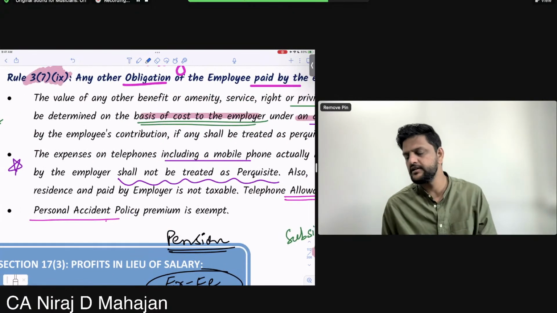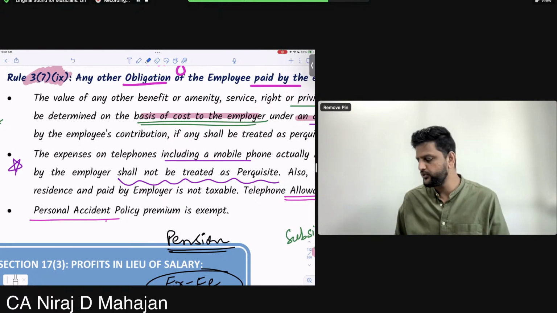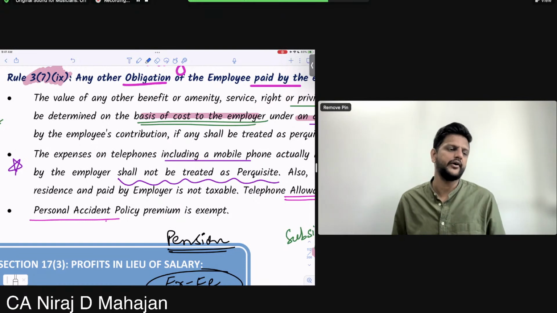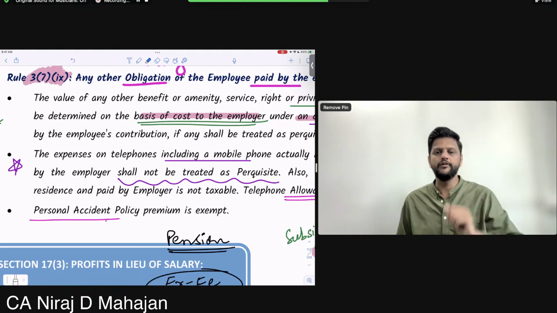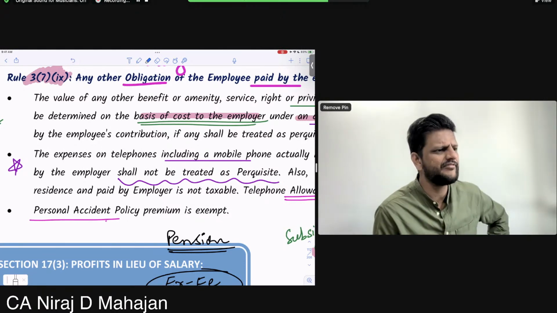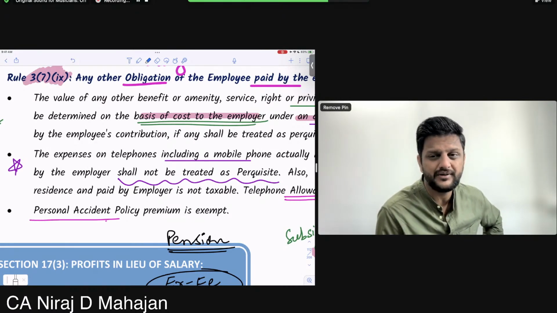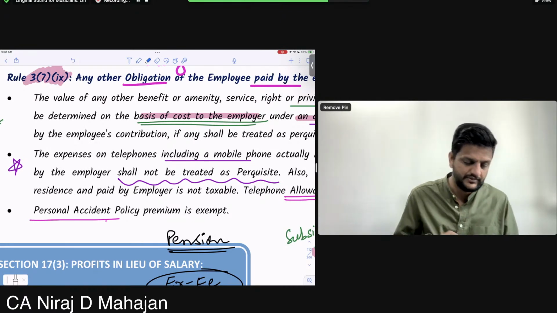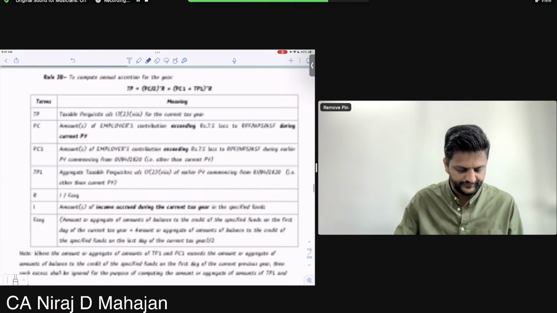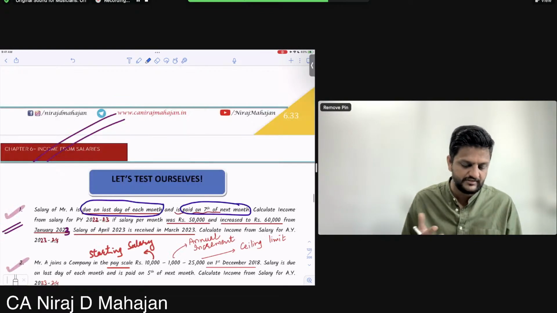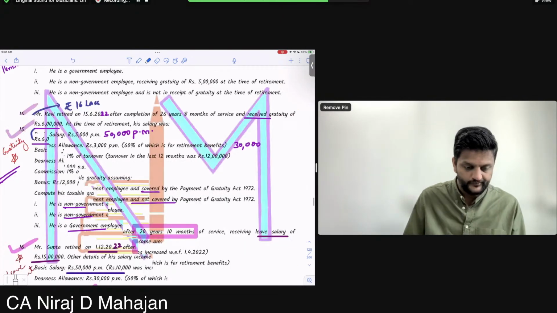But if telephone allowance is given as a part of salary, allowance is cash. How many times I've told you? If cash is given in the salary as a telephone allowance, then it is fully taxable. But if mobile phones or landlines, even if at residence, those bills are reimbursed, even if for personal purpose, it is exempt. And then you ask me stepwise marking. You'll get this adjustment wrong. What is the use of doing other correctly then?